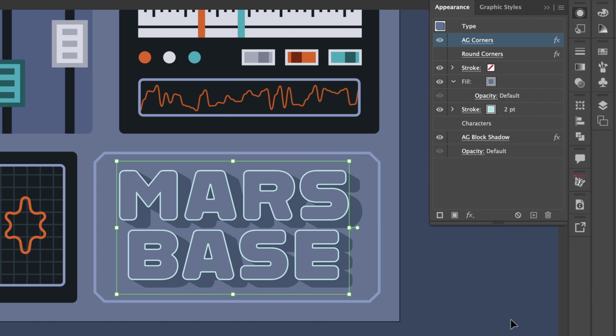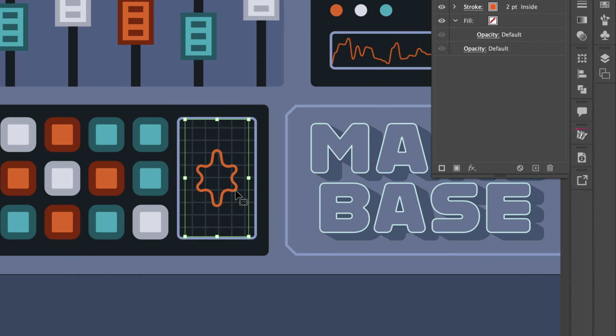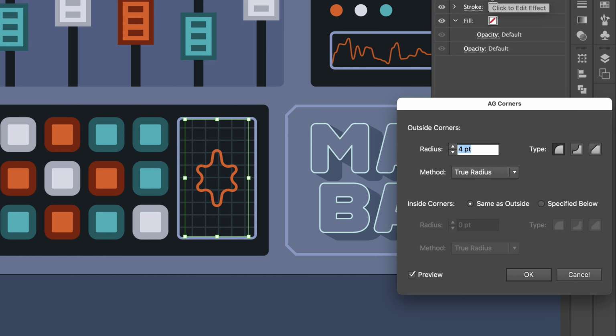The separate settings for inside and outside corners can be used on closed shapes, and they're perfect for shapes like this star, which is looking a little too rounded. I'll apply a squircular corner to the outside points of the star, which makes them slightly more pointy, and then I'll set the radius to 1 point. That's more subtle. And then for the inside corners, I'm going to set this radius at 3 points. And we can even get creative and try out the other corner types. And I like the chamfered corner, so I'll click OK.